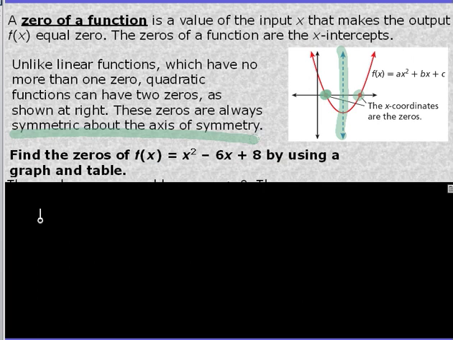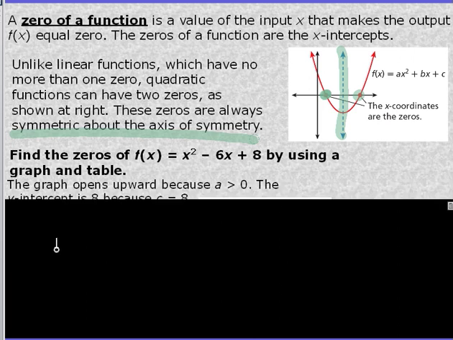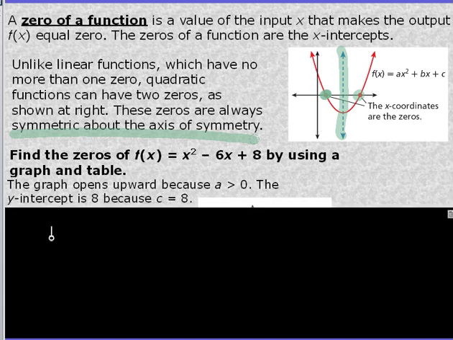So let's look at this example. Find the zeros by using a graph and a table. So we've learned a few things about the graphs. We learned that if A is positive, it opens up. If it's negative, it opens down. So we know this opens up. We know the y-intercept is our C. And we can find the vertex. X equals negative b over 2a. So that's the